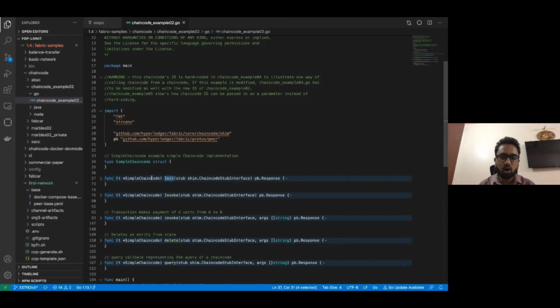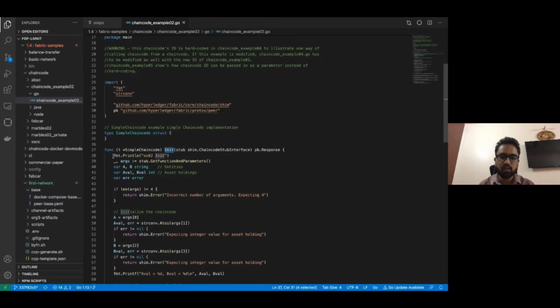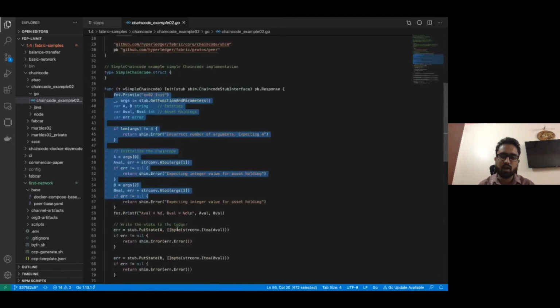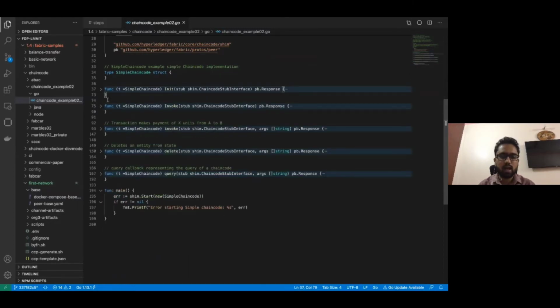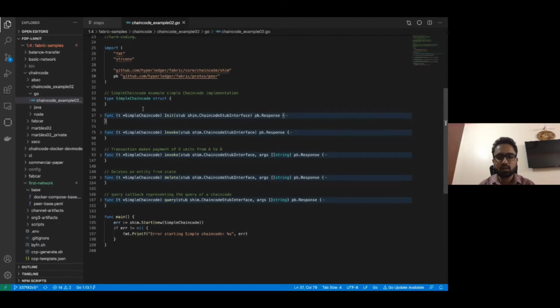Whenever we call the initialization transaction in our network, this function executes and performs everything that is defined in this block. And if we want to do some transaction on the blockchain network, then there is this function that is called when we call the particular smart contract. So these two functions are major. This one is just for the initialization of the smart contract, and this is for the invocation of the smart contract.